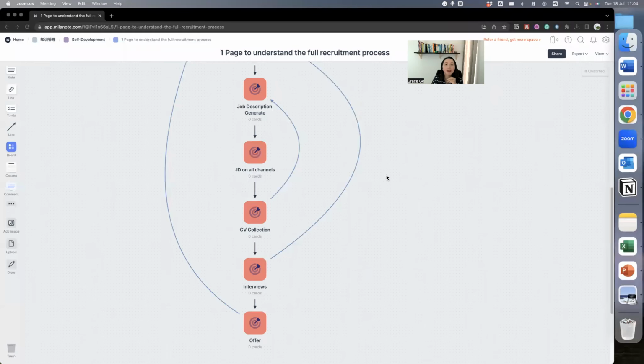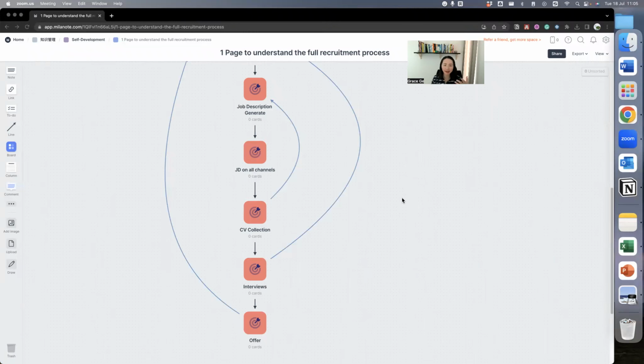Because a lot of time as a job applicant, you only see the moment when the job is in all the channels, for example, LinkedIn or Indeed and any other similar channels or the company's website. But actually the job application procedure started much earlier than the moment you see the job description or the positions online. So today I'm going to share with you from an HR's perspective about what the important information is and